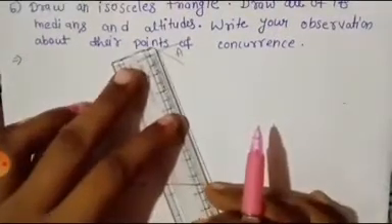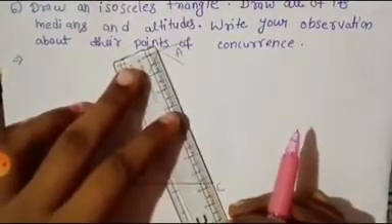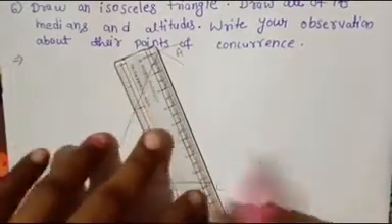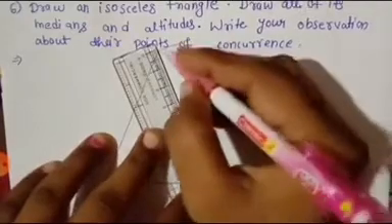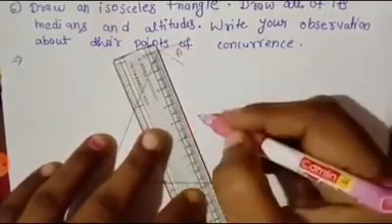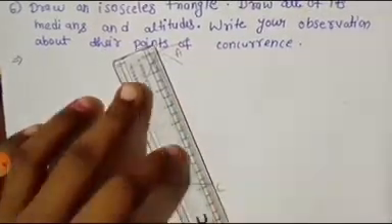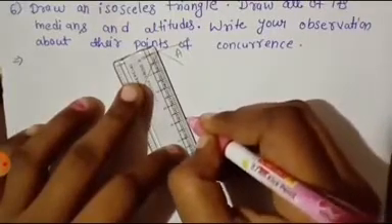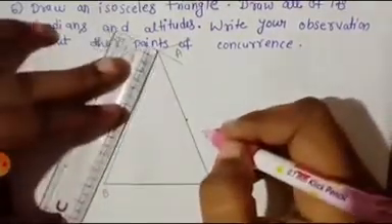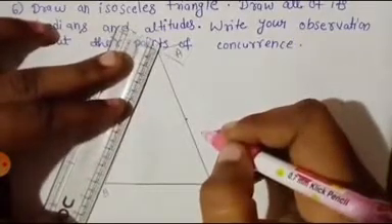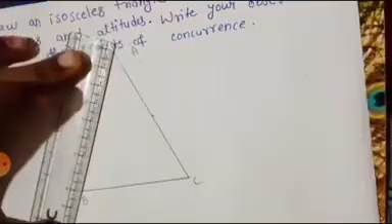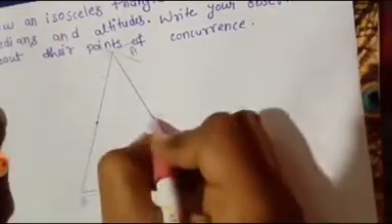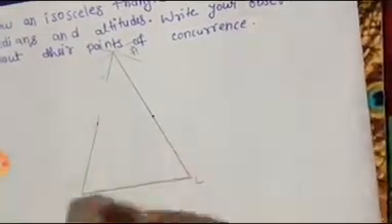Now you people know this is 8 centimeter. AC is 8 centimeter. So median means half. So half of AC is 4. So take a 4 centimeter measurement on side AC. So this is also 8 centimeter. So for a median, you people will take 4 centimeter because half of 8 is 4. Here also and here also.